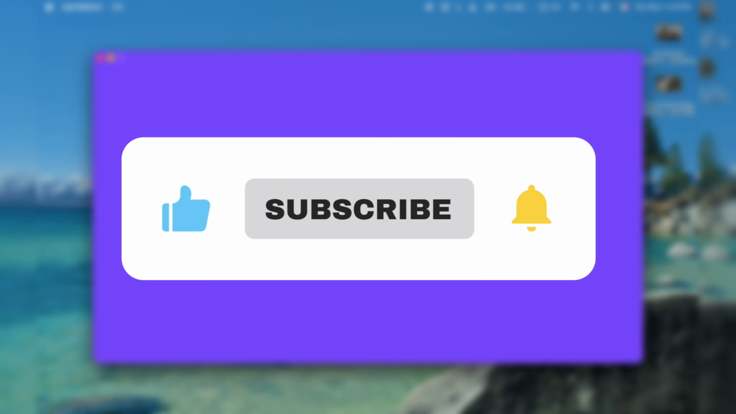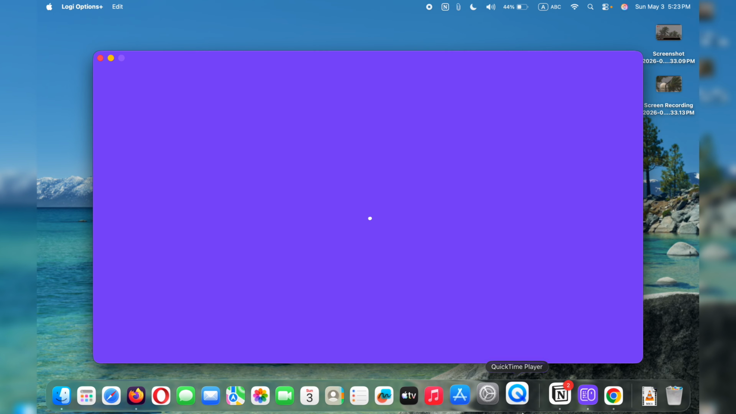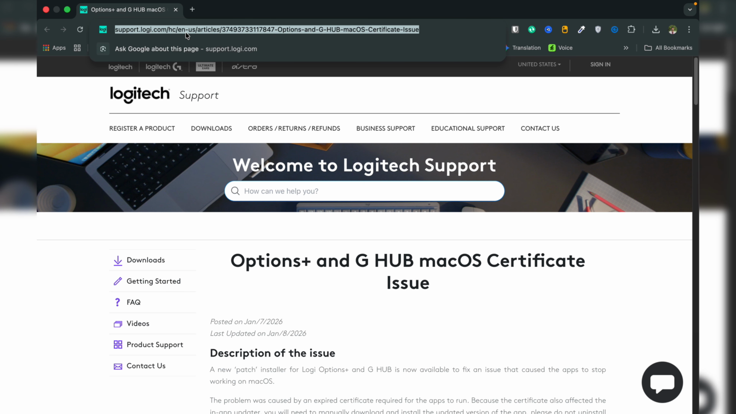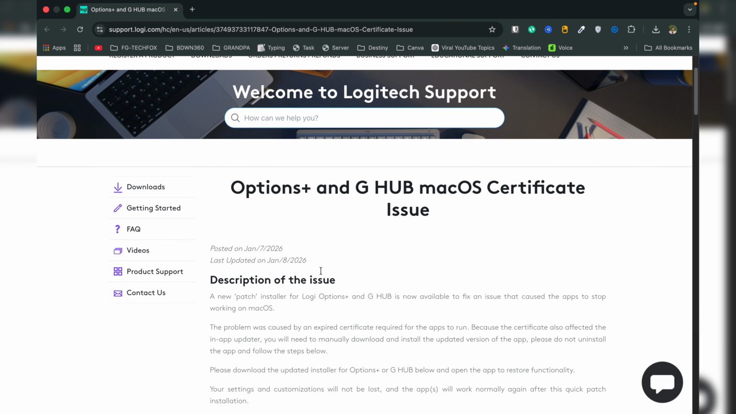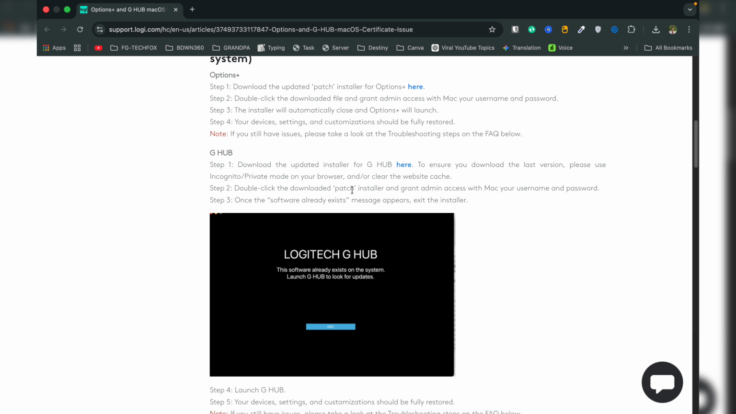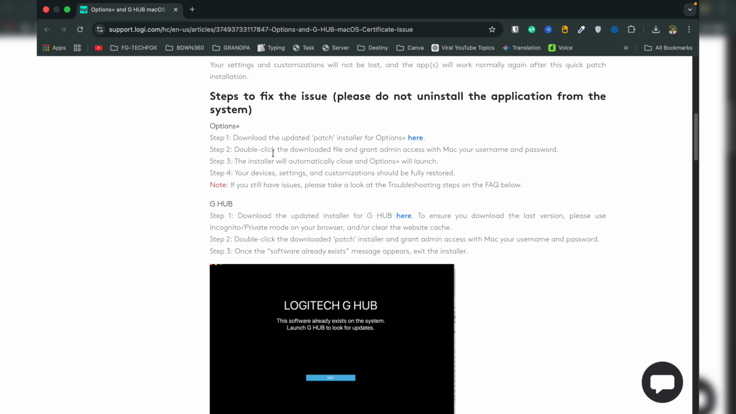The first thing you have to do is open your browser and then go to this link. I will provide the link in the description and the pinned comment. Just visit this link and here you will get an installer. You will see some suggestions over here. Scroll down. The first try you can do is download this one